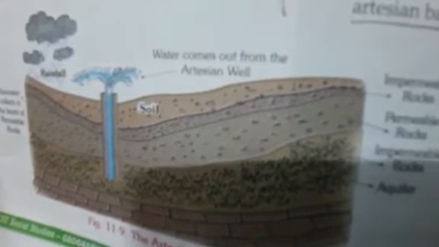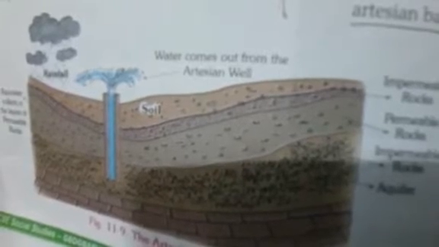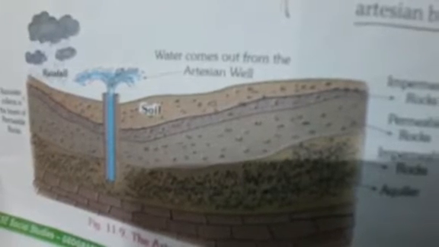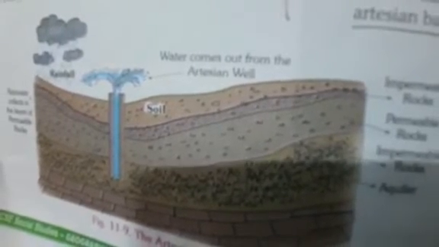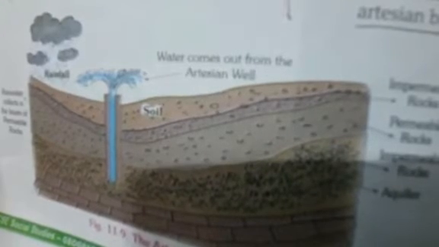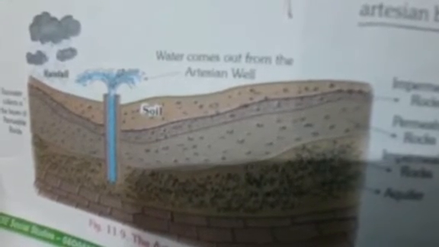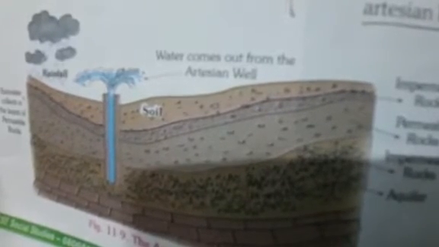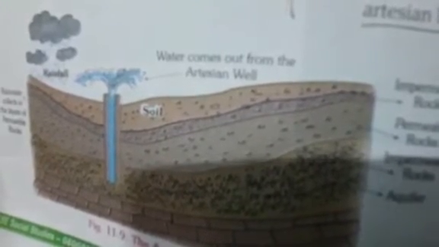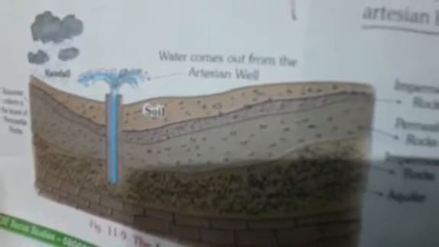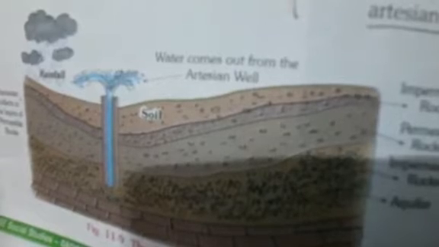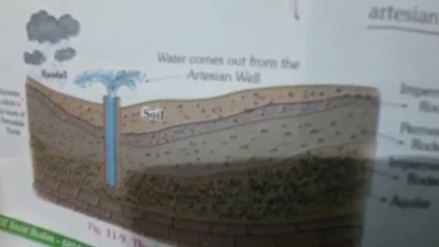Whenever there is huge rainfall, rainwater can go through the permeable layer and be absorbed into it. After that, from the impermeable layer water cannot pass out, and that's why it remains there only. After that, again a permeable layer is there. In this way, whatever water is going, it is stored in the layers one by one.